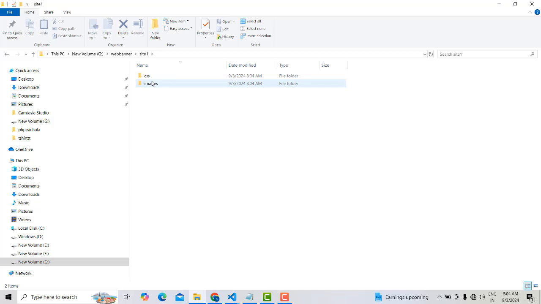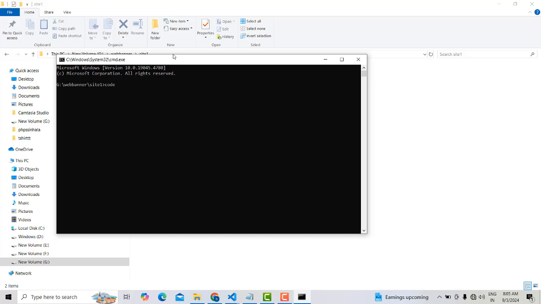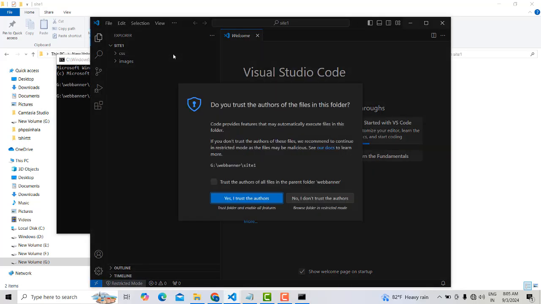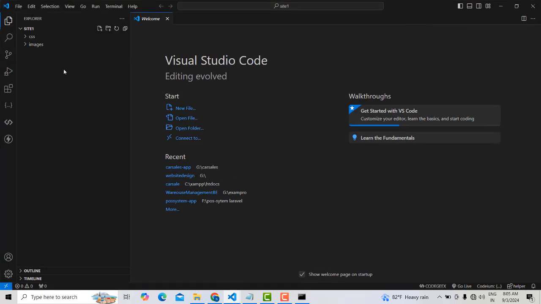If you have not installed the VS Code editor, please install it on your machine. After that, you can type the cmd command to open the project in the VS Code editor. Okay, it has opened successfully. Now I'm going to create a new file. So click on the plus symbol,